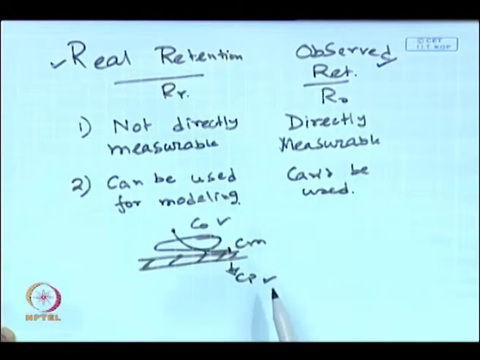So, observed retention, the definition is 1 minus Cp by C naught, and the permeate concentration will depend entirely on the operating conditions, right. What are the operating conditions in typical membrane based processes? First is the feed concentration. If you fix your effluent, the feed concentration is fixed, so forget about feed concentration. The other two operating conditions are, one is the pressure difference delta P across the membrane, and the third one is the extent of turbulence, that means the Reynolds number that you are going to have in the system.